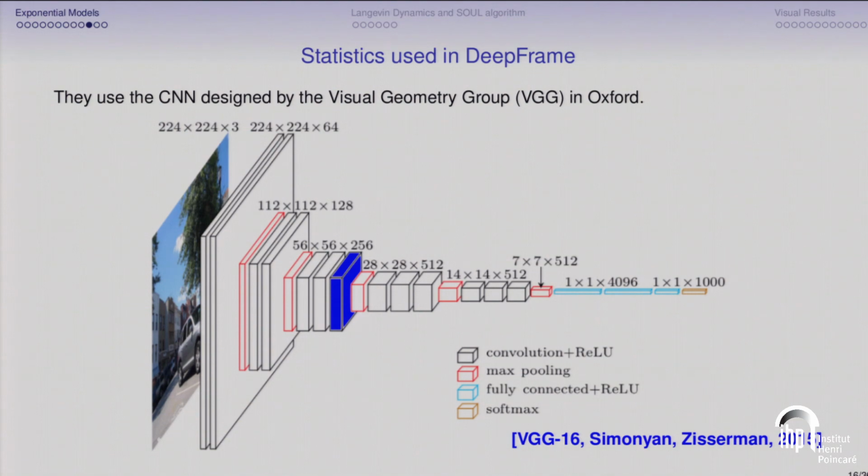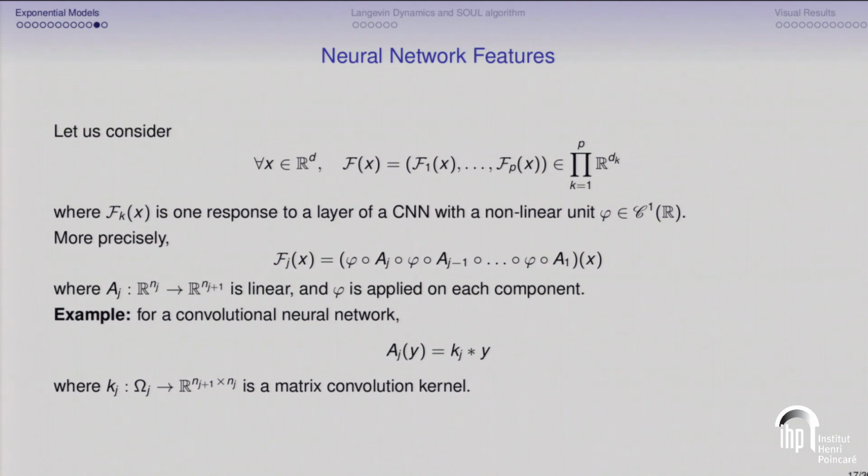And actually, it's quite a critical point of their paper. They could have used many more layers, but they do that in another paper, which is a bit strange, because they do not use the easier way to include all the layers, which we have done in the next part. Actually, for such a neural network set of statistics, we have been able to show the existence of a macrocanonical model with a Gaussian reference measure.